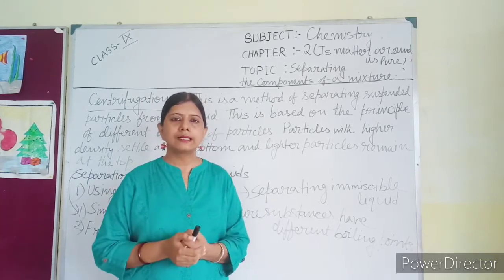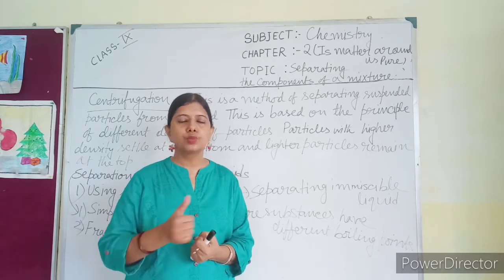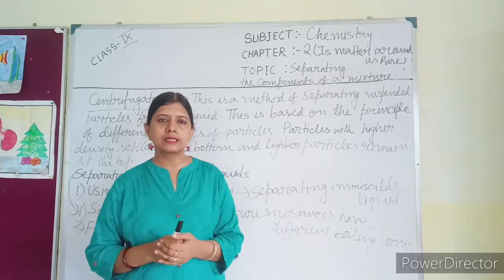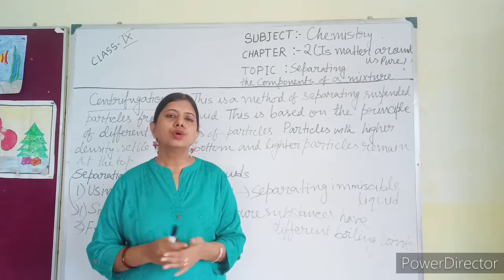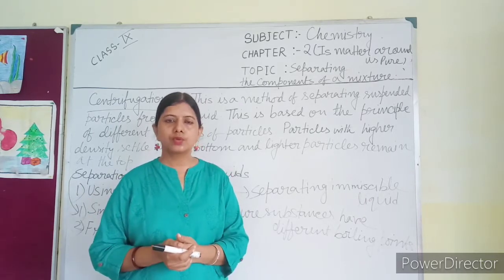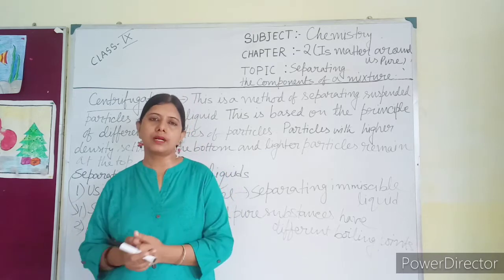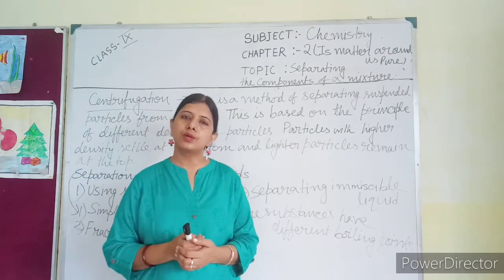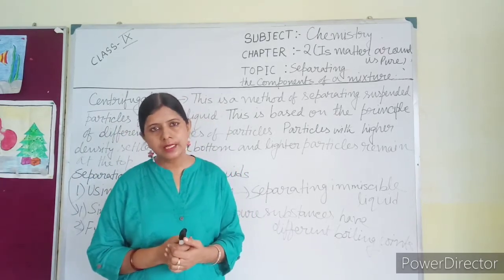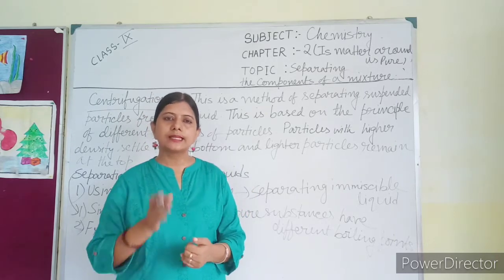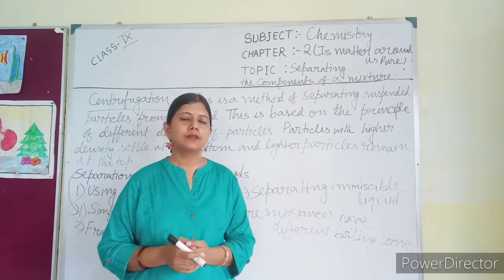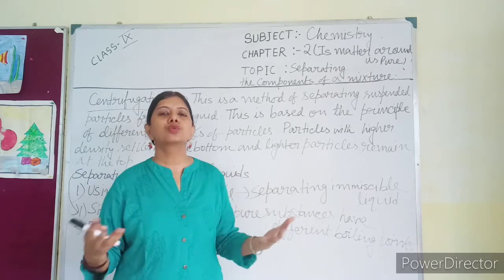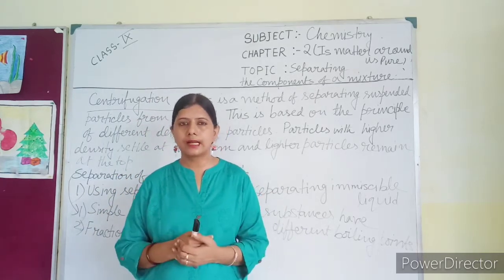Now the closed container is connected with a delivery tube to another container. While the delivery tube passes, a condenser is used to make the delivery tube cool. Through the condenser, cold water flows over it. So when the vapor passes through the delivery tube, it comes in contact with the cold water, and as a result the vapor converts into liquid, and that liquid is collected in another container. If you open your book, the figure of simple distillation is given, and you should go through the figure, that is the diagram, and practice it.